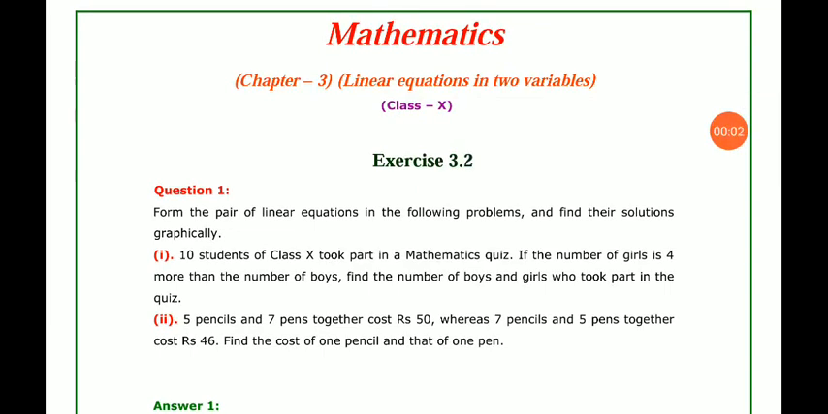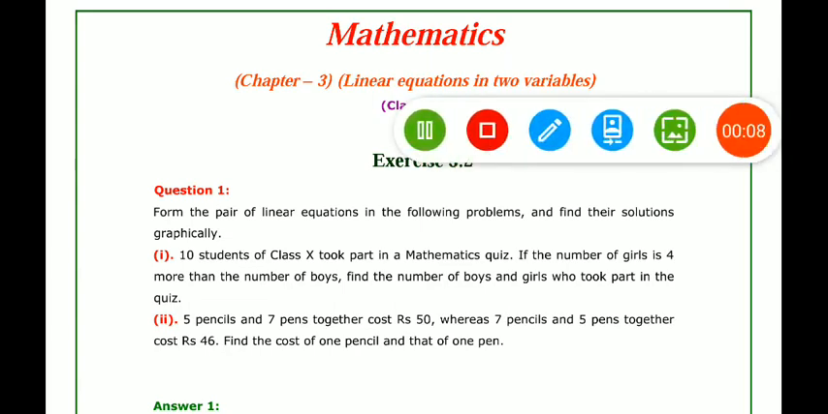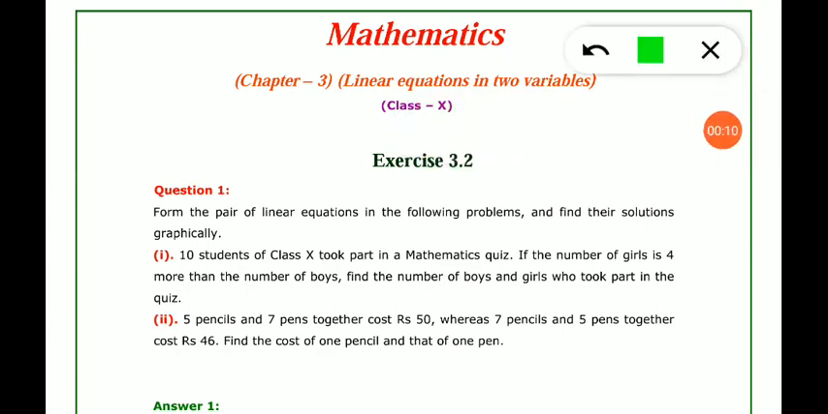So in the first question we have to make the algebraic expressions of the given problem or situation, and then we have to find their solution also by drawing the graph. So the first part says there are 10 students who took part in the maths quiz. If the number of girls is 4 more than the number of boys, then find the number of girls who took